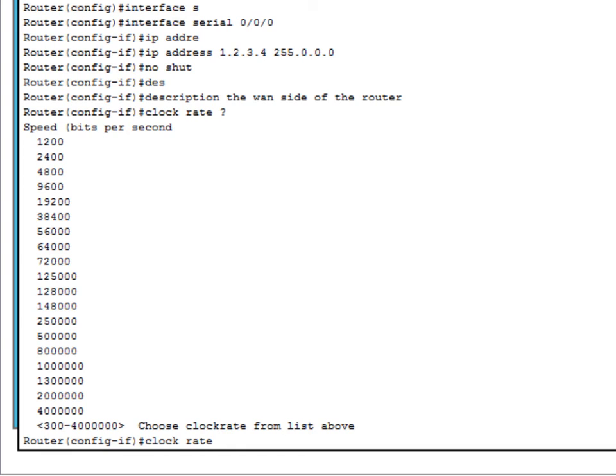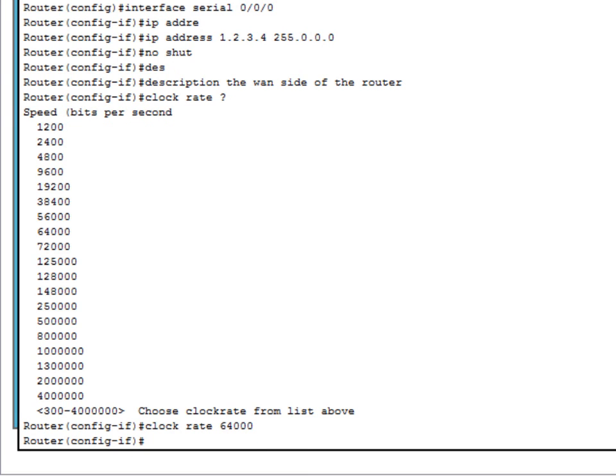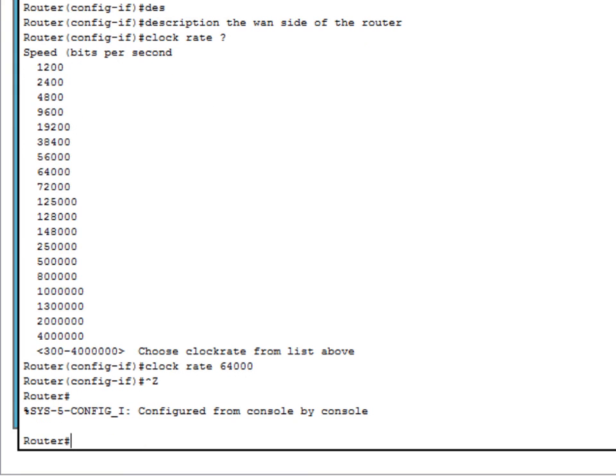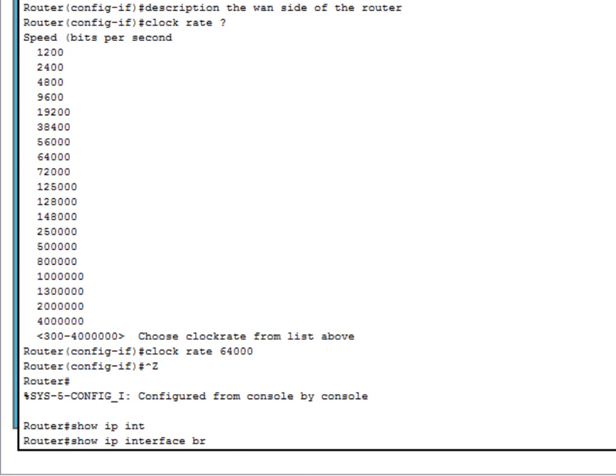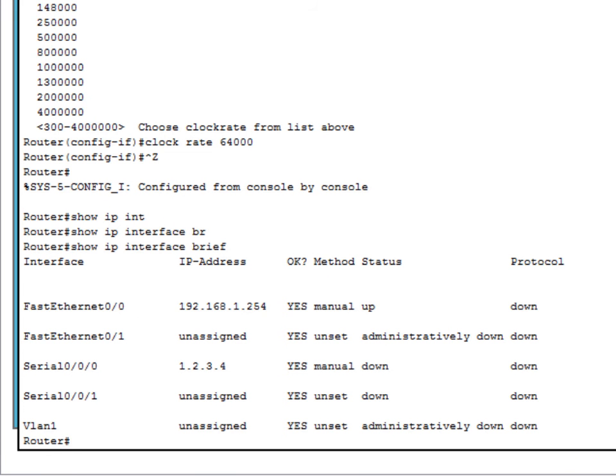So let me type in 64,000 and hit enter. Let me hold the control key, hit the letter Z to go back into privilege mode, and let me type in show IP interface brief to see if the serial 0/0/0 is up and running. By the way, you can also use this command to display all the interfaces that the router has plugged into it. As you can see, I have a fast Ethernet 0/1, and I also have a serial 0/0/1 that have